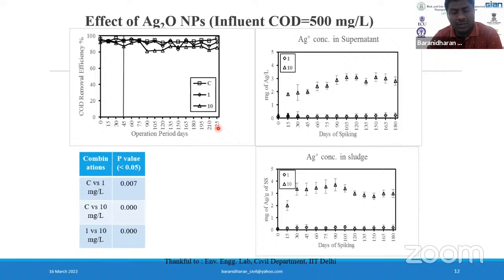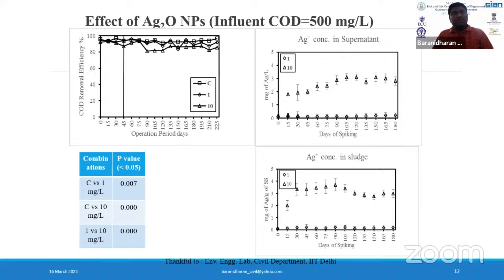With respect to the concentration of these metal ions in wastewater, be it in sludge or in supernatant, the silver concentration was found to be very high in the supernatant. As already discussed, silver can also combine with the ligands present in the wastewater. Silver combines with chloride to form silver chloride, and there was evidence that the white precipitate at the bottom of the reactor is nothing but silver chloride because of this reaction.